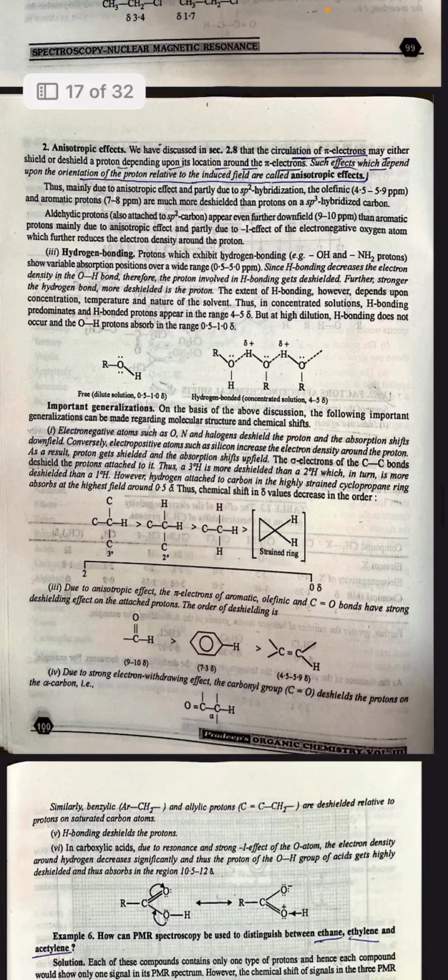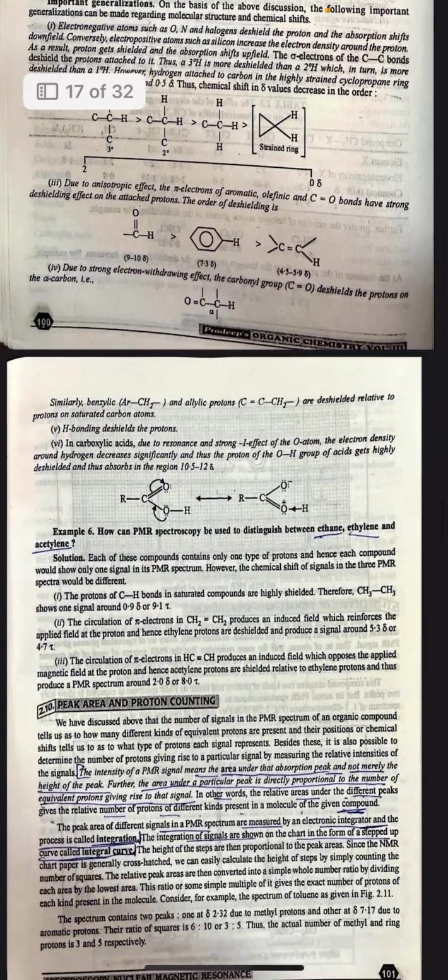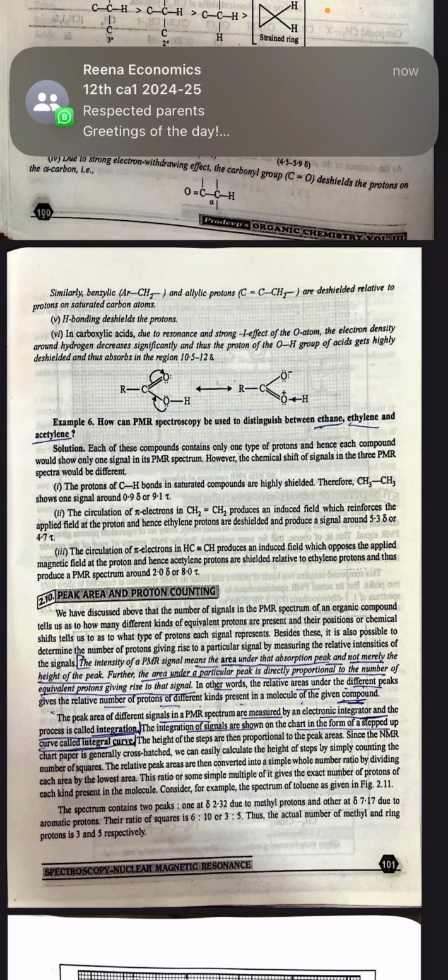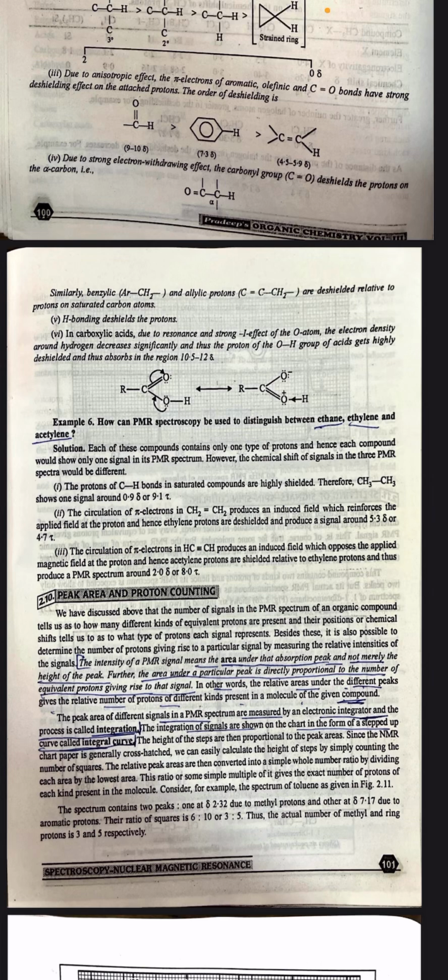Now we have an example of how PMR spectrometry can be used to distinguish between ethane, ethylene, and acetylene. Each of the compounds contains only one type of proton, and hence each compound would show only one type of signal. Hence, the chemical shifts of the three would be different. The protons of the CH bond in saturated compounds are highly shielded. Hence, ethane shows one signal at